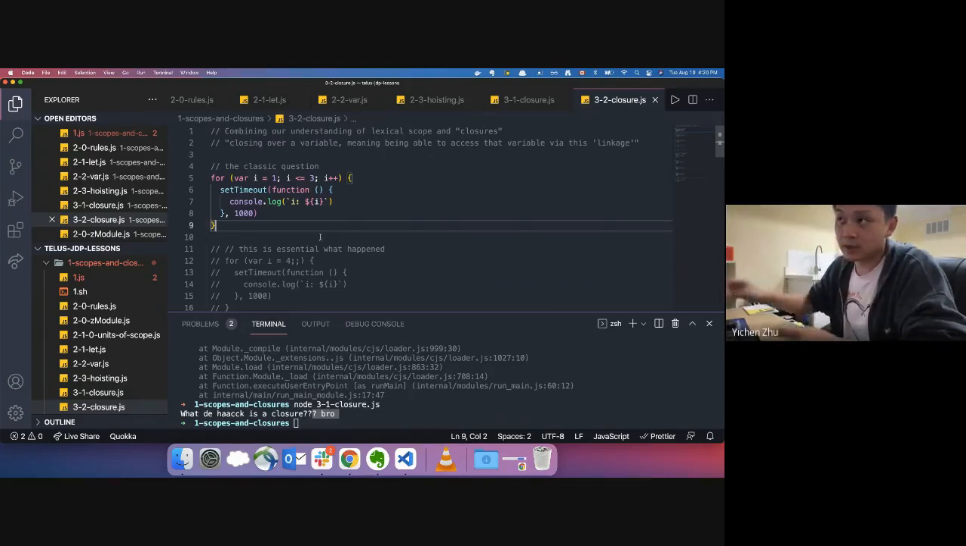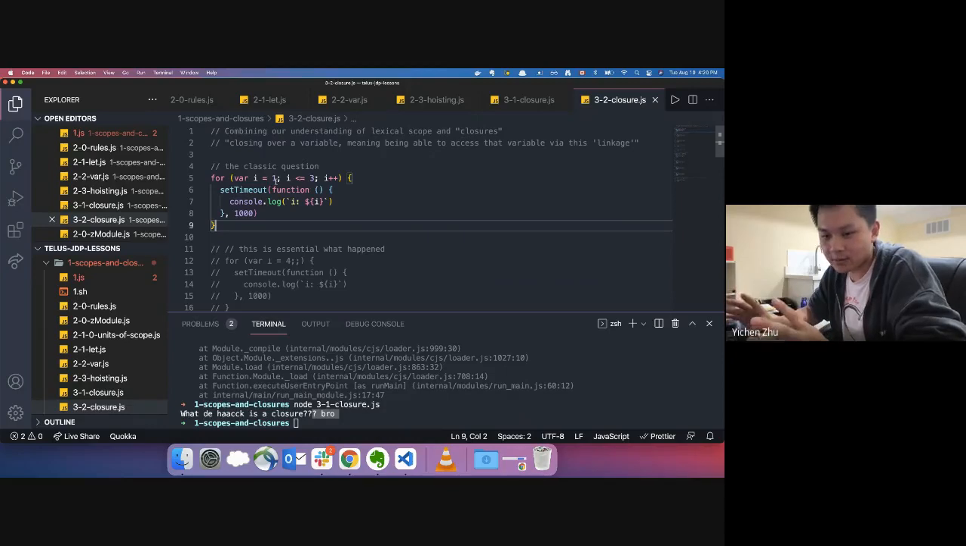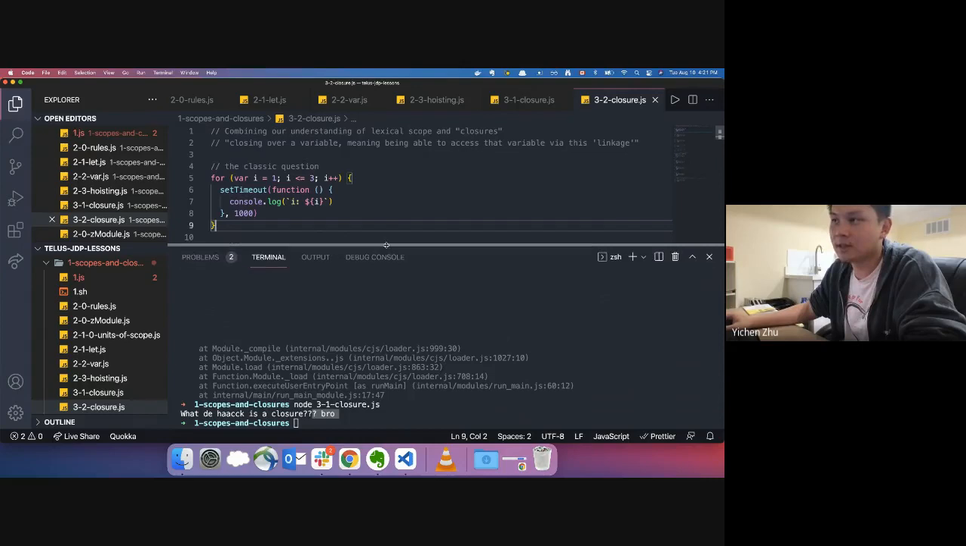So the question essentially is, if you do this for loop, var i equals 1, i less than 4, i plus plus, whatever, what is the output? Anyone wanna guess what the output is, or have any idea? Is it gonna be 1, 2, 3? Okay, all right. So essentially, the output is actually going to be